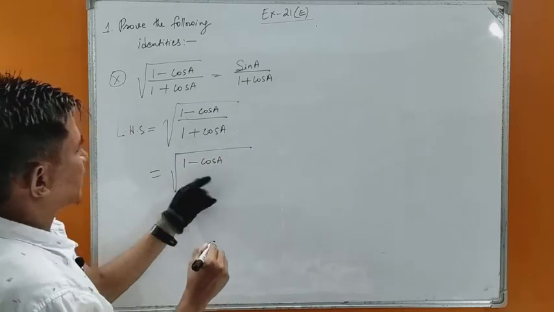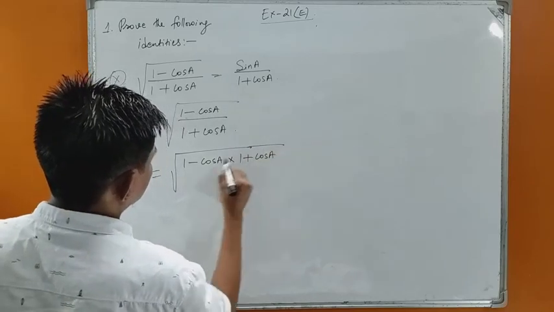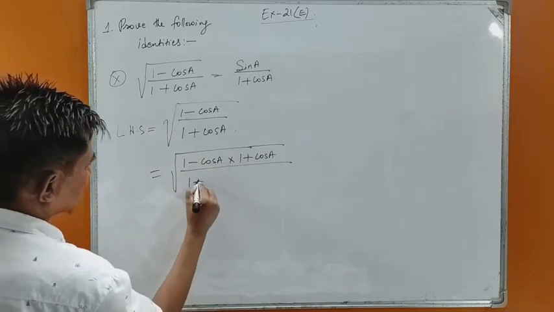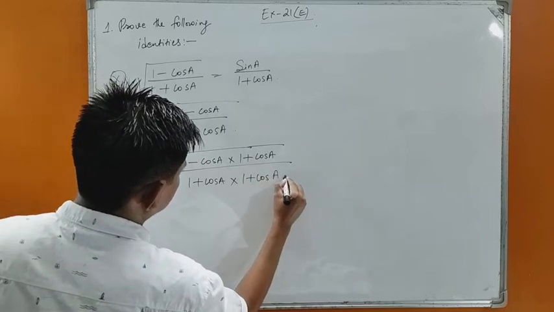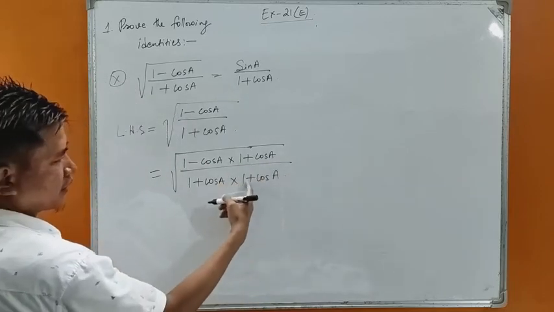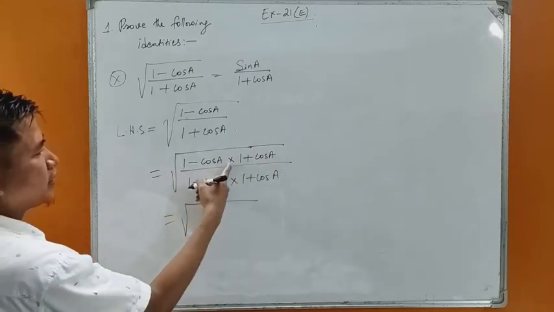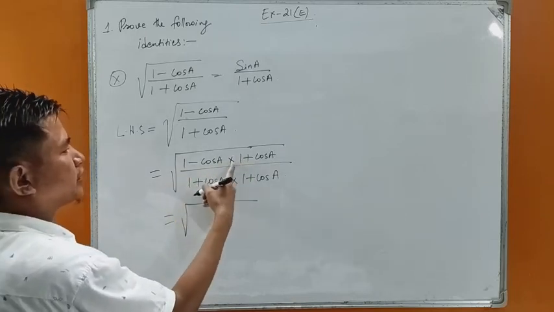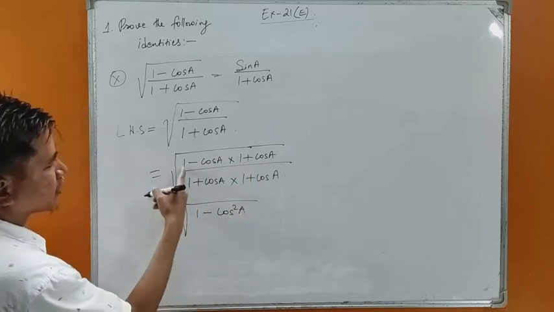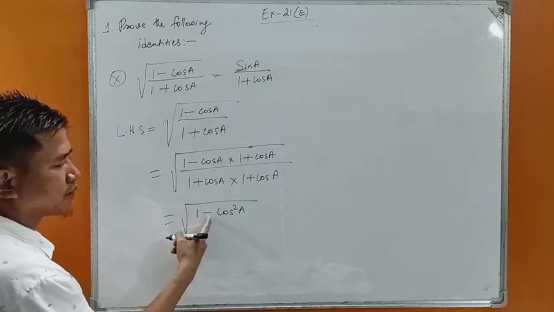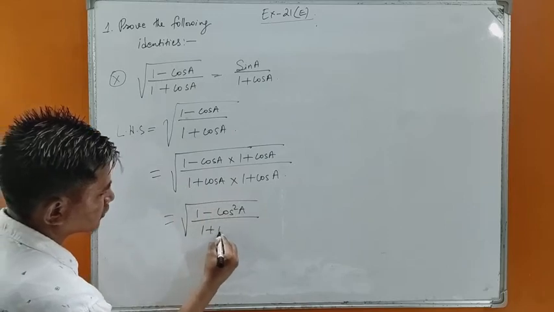Okay, so 1 minus cos A into 1 plus cos A whole upon 1 plus cos A into 1 plus cos A. This 1 plus cos A and 1 plus cos A can be cancelled. Okay, so in the numerator we have 1 minus cos A into 1 plus cos A. This means A minus B into A plus B, isn't it? So A square minus B square. A square is 1 square, 1 square is 1, 1 square minus cos square A upon 1 plus cos A into 1 plus cos A is 1 plus cos A whole square,